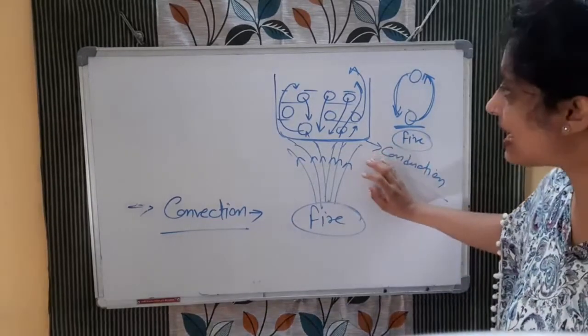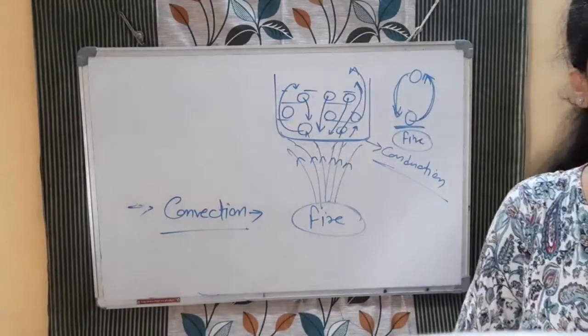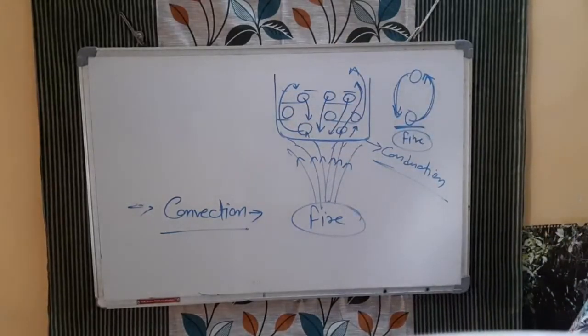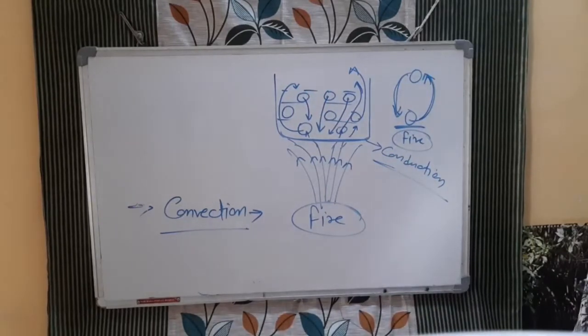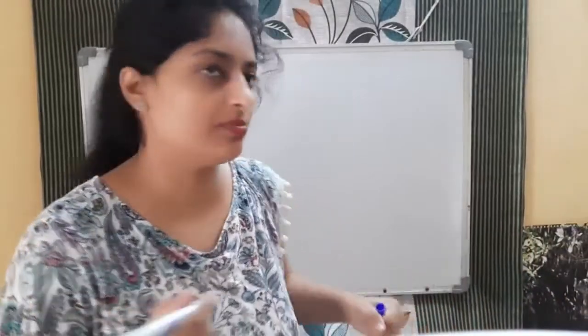In this case, there is a partial movement of the molecules involved. So this is known as convection. Now the third process is radiation, bacha. In the case of radiation, there is no molecule. Listen, try to understand. Radiation is the process in which heat is transferred without involving any medium. There are no molecules present there. For example, the sun's energy coming to us.